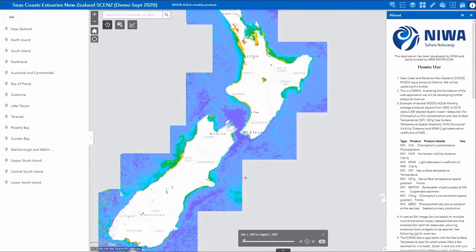The app allows users to interrogate ocean parameters for the assessment of phytoplankton biomass, water clarity, which is important for visibility or the depth of the euphotic zone, and the availability of light at the seabed, as well as temperature, suspended sediment, or seabed primary production and their development in time and space. Using a few simple to use tools, we enable users to select an area and time span of interest for efficient extraction of those water quality products to then either download for further analysis or using online tools that provide quite sophisticated statistical analysis and graphical interpretation.